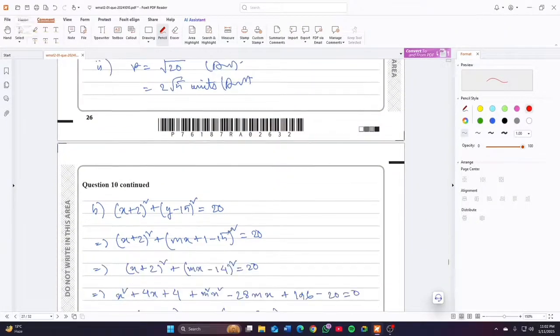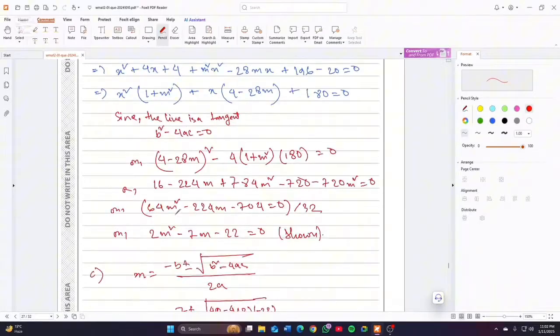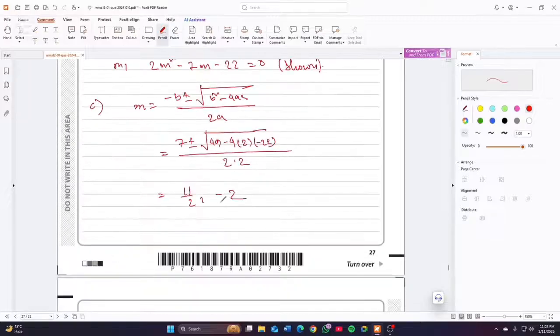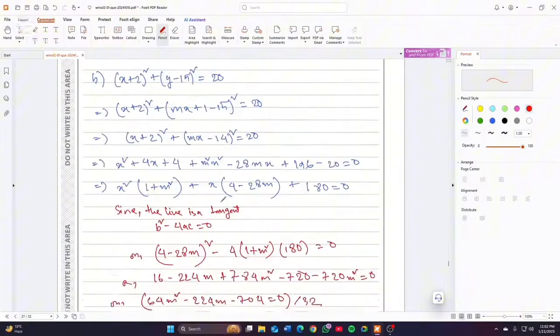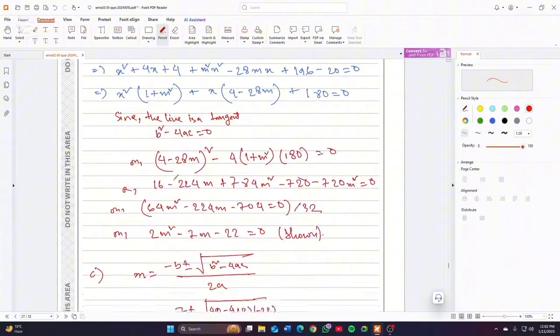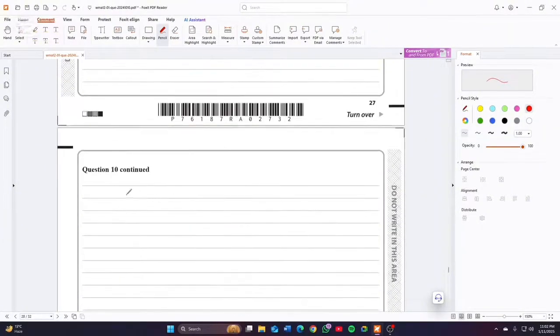Where was it? This is x plus where we can put here, in this equation, the main equation. We will get the value of x, right? We will get the value of x. So putting m equal to 4, we have two m values we have to find for each. So for m equals 11 by 2, we can write that